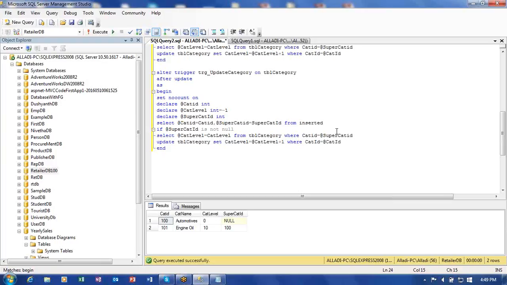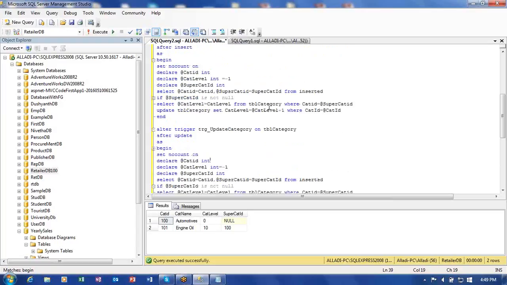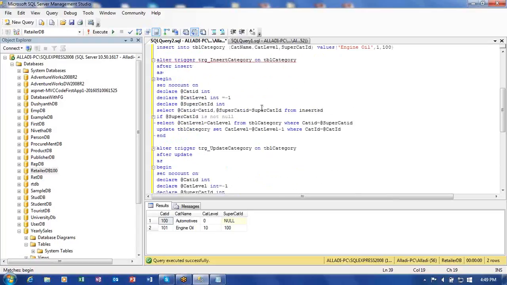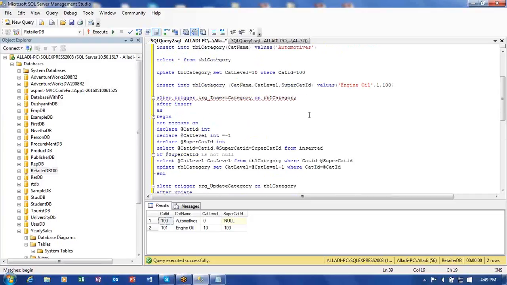So therefore, what will happen for the supercat ID? It's going to be null only. Since it is null, it's going to be using just cat level as -1. -1 plus 1 is going to be 0. Like this we get. Now similarly, whenever we try to update,